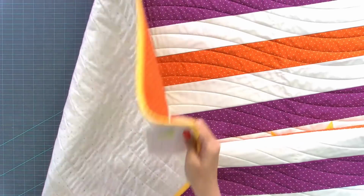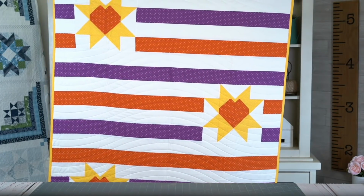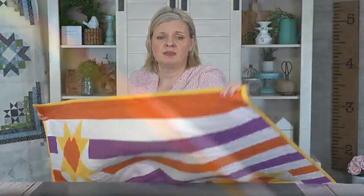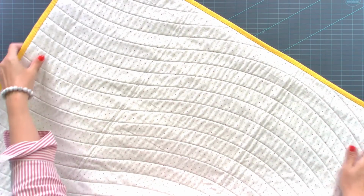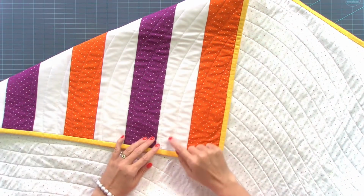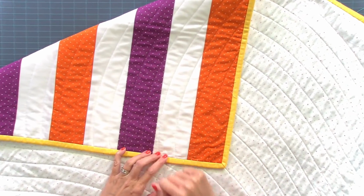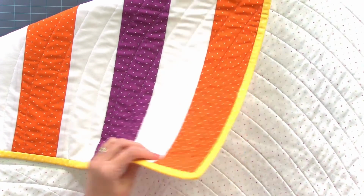I'm also going to show it in the front, just if you want to see it kind of overall. I did want to show the backing too. Angel made this sample, and the fabric collection here is Twinkle by April Rosenthal, and this right here is Bella Solid. So these are the Twinkle fabrics. They have little tiny stars. So I think